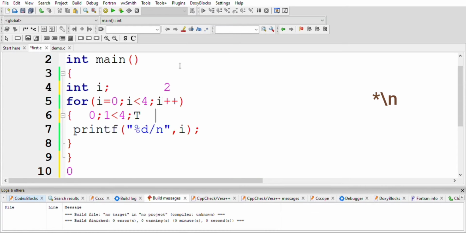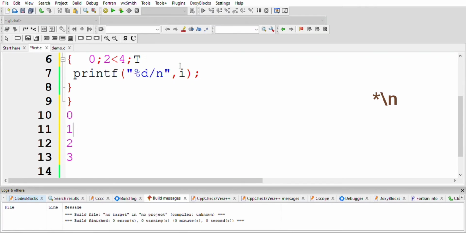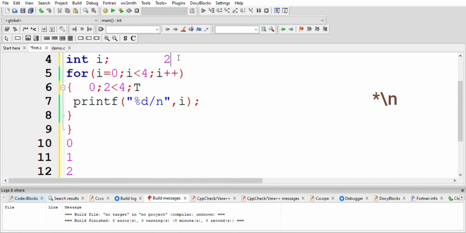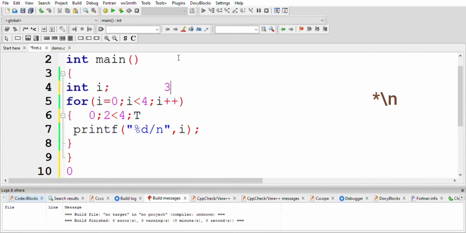Now 2 less than 4, the condition is true, so it goes inside the printf statement for printing the i value of 2. Now what happened? The third expression executes, incrementing i plus plus, and it checks the condition, 3 less than 4.